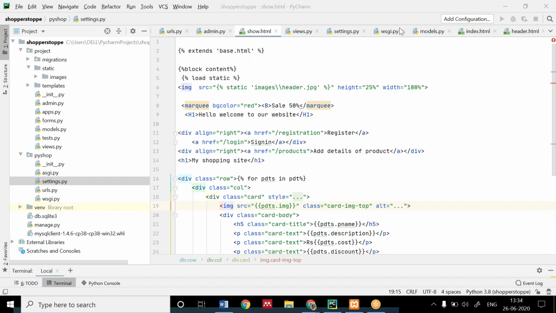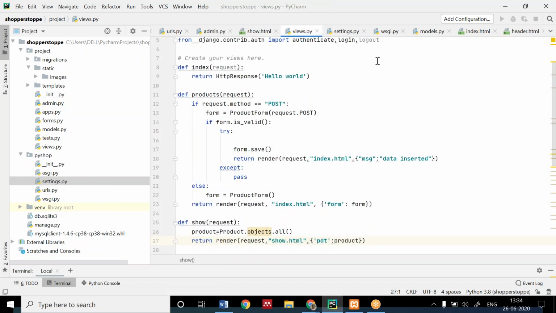If you interlink these pages, next is how to add headers in static. Okay, I am showing you the header. Simply you can add the header code, or you can make a header.html and extend it, or include that file in your page. See the views.py. For the question, Ankit, you can have the header.html and extend it in your page, or you can write the header code in your static folder.